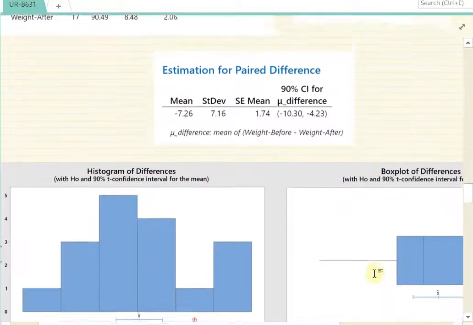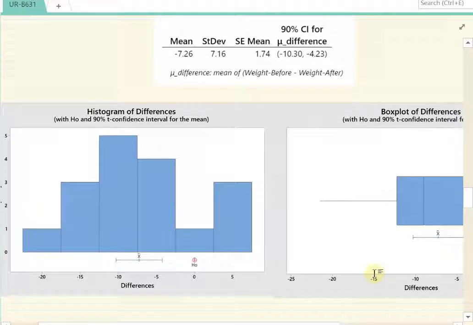And here what I've done is I'm testing that assumption, the normality of differences. So here is actually a histogram of differences. Now this is how Minitab does it. Minitab says, see your null hypothesis, your hypothesized difference is here, 0. And X bar is a point estimate of the true average difference here, which is about 7 pounds. So we actually look at this one. Don't worry about the hypothesized. So there you go. Looks like the distribution of differences is almost normal.